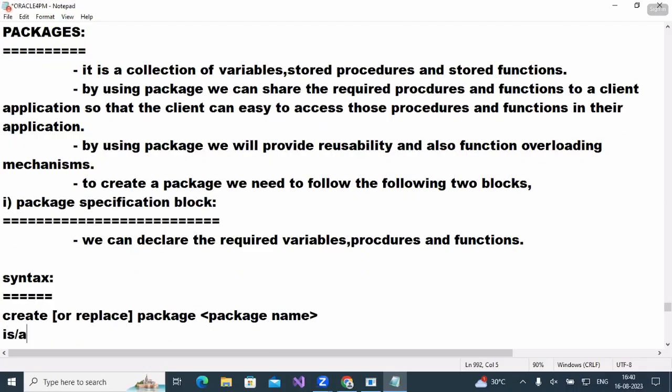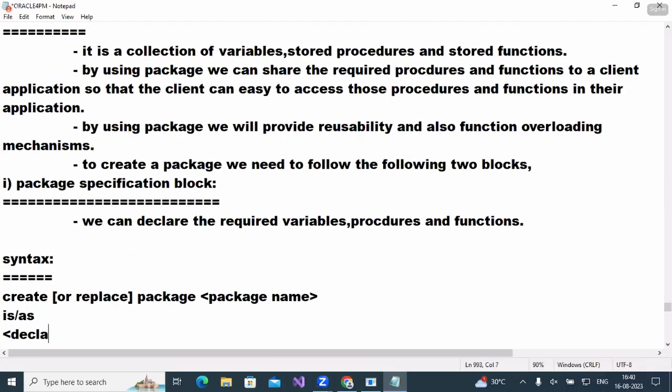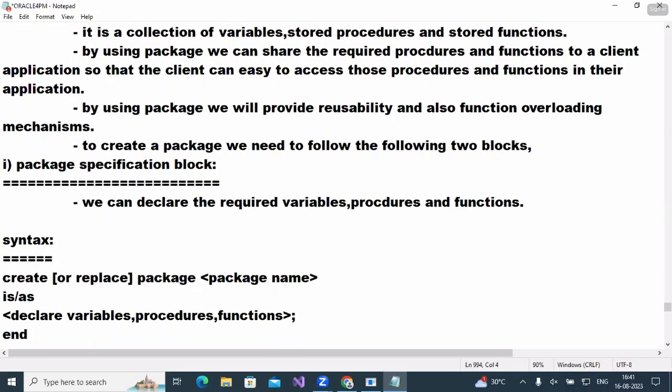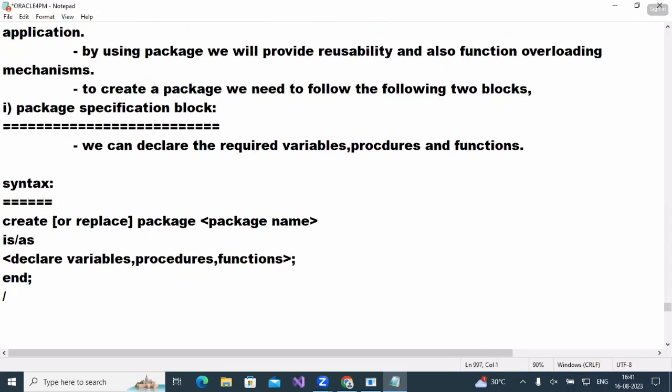You can use is or as, then you have to declare your variables, declare your required procedures, declare your required functions, and end. Okay, this is one. The second one is called, guys, the package